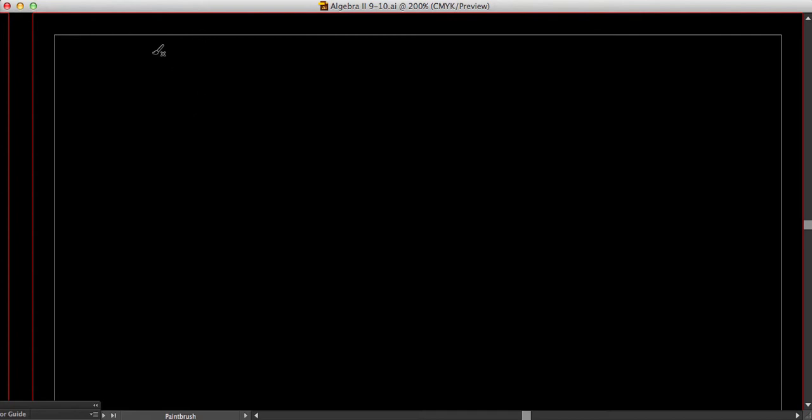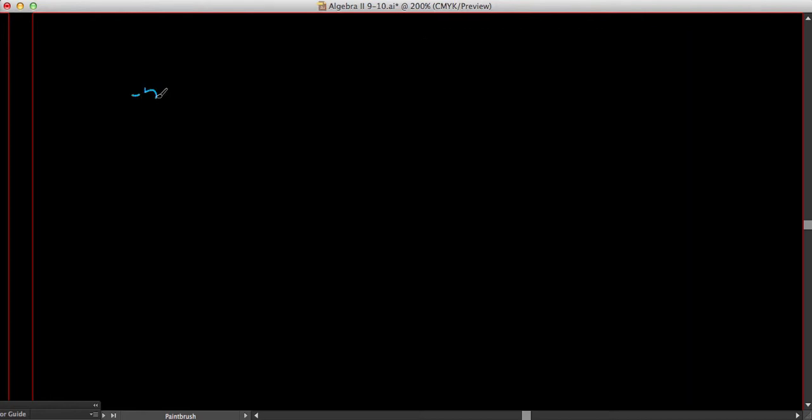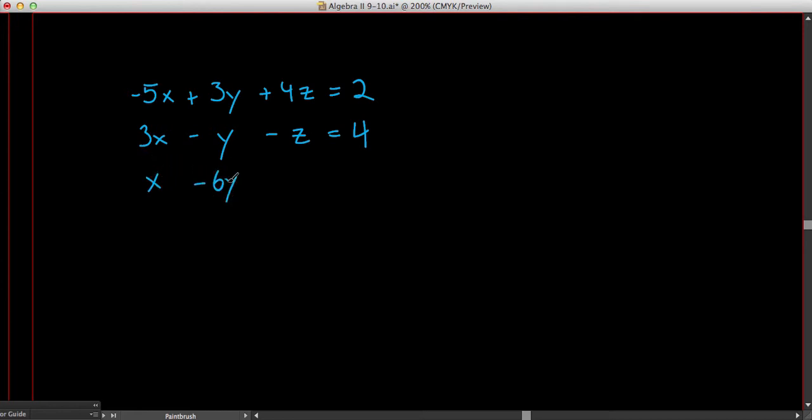So let's look at this system here where we have negative 5x plus 3y plus 4z is equal to 2. And then we have 3x minus y minus z is equal to 4. And lastly, x minus 6y minus 5z is equal to negative 4. All right, so we have our system,